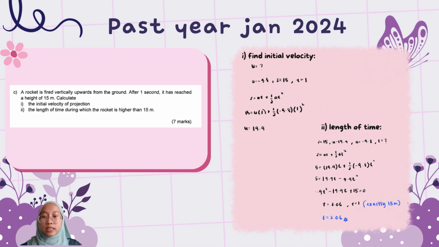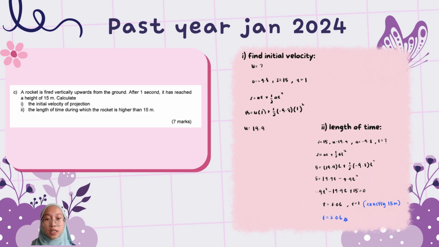So now let's take a look at the last parts of the questions, which is part C. A rocket is fired vertically upwards from the ground. After 1 second, it has reached a height of 50 meters. Calculate the initial velocity of the projection. So first, to find the initial velocity,